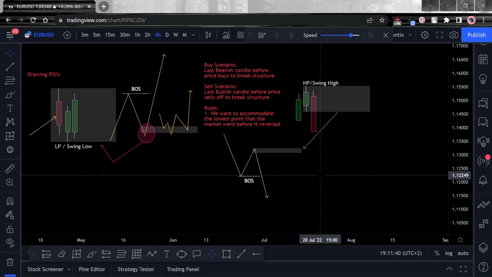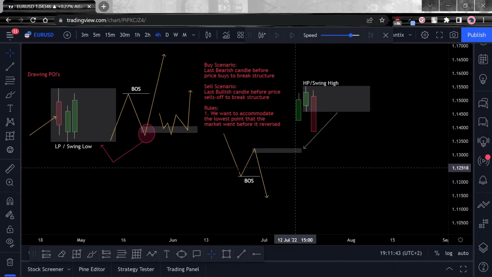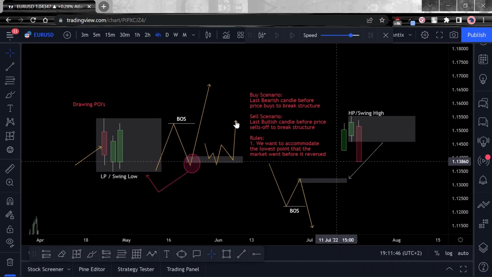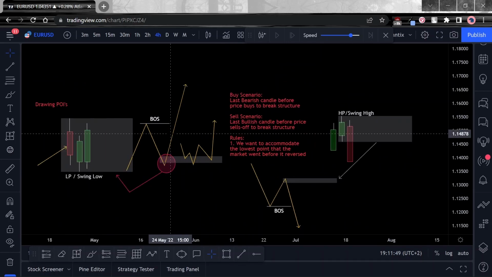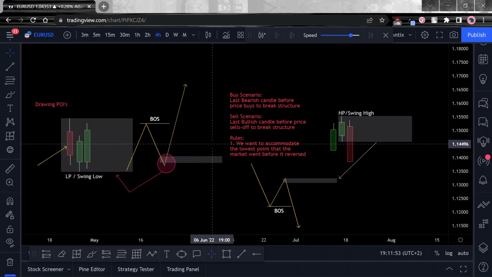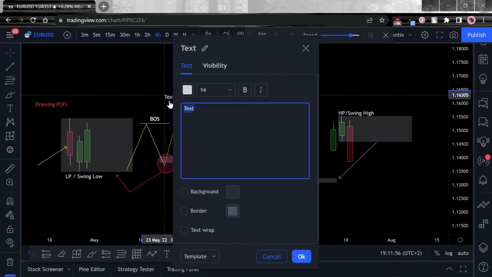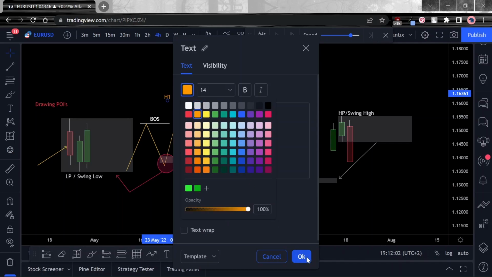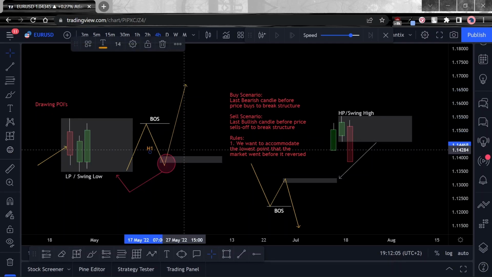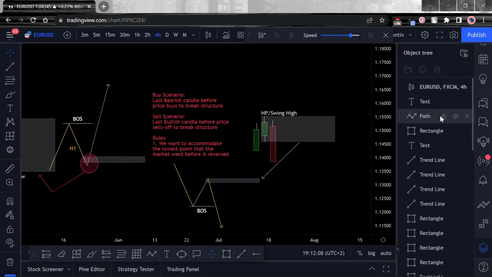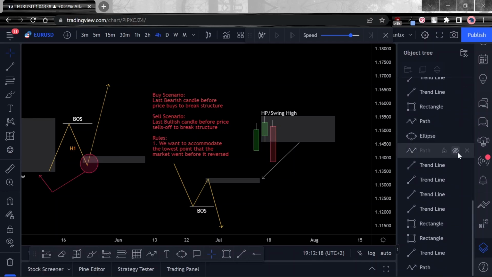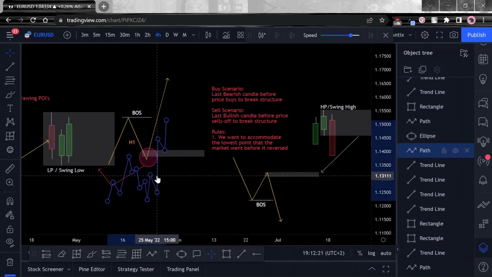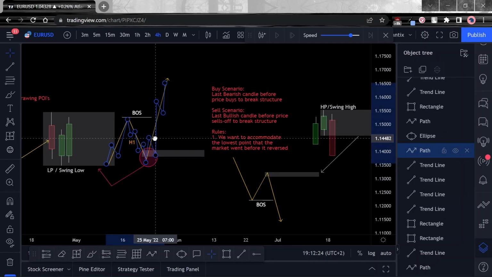All right. So in terms of the scenario that we have here, this is what we're looking for. Now, obviously, let's assume this is our major structure. So let's write H1 for a major structure, right? So let's assume this over here is our major structure. And then we want to show what this all looks like when you have